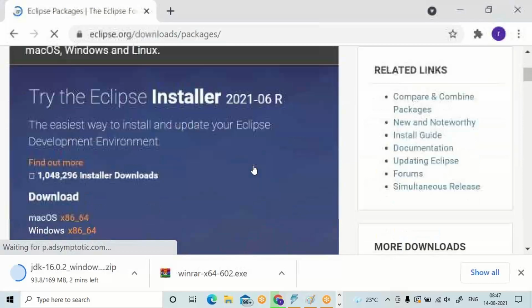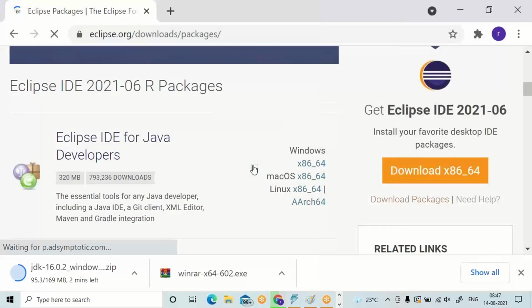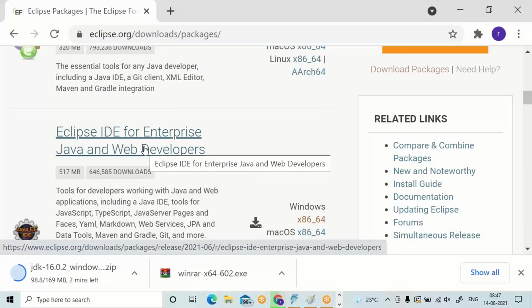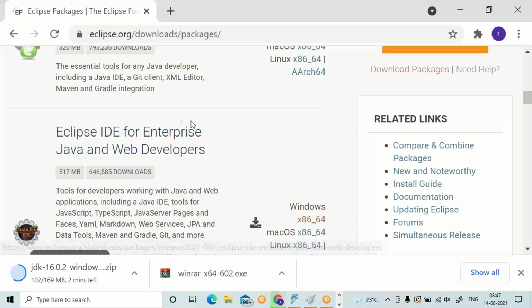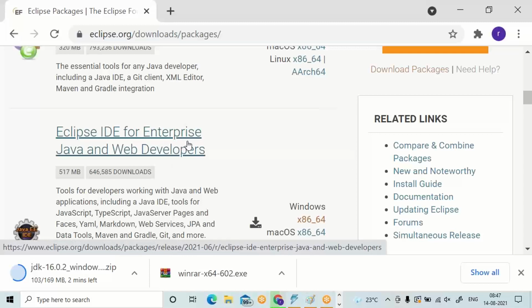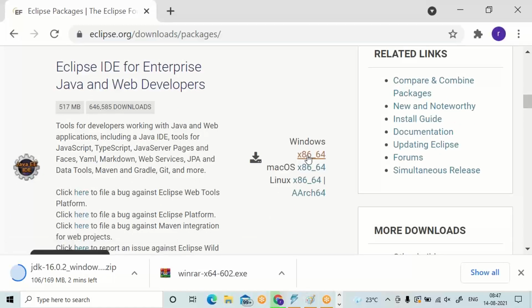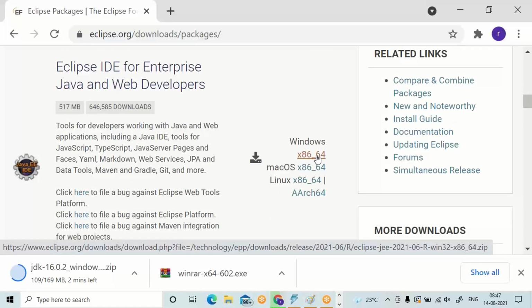There will be several packages. You have to choose Enterprise Java and Web Developer. The package name should be Enterprise Java and Web Developers. So under this package, click on Windows x86 and 64 in the Eclipse IDE for Enterprise Java and Web Developers.